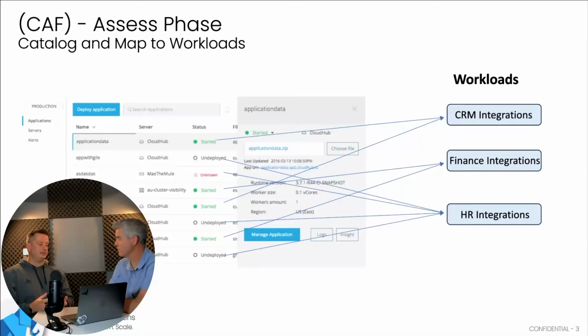The other issue with this, what we want to start thinking about at the assess phase, is access controls. In these monolithic platforms, and it's not uncommon for all of them, you put all your integrations in, and if you give somebody access to the environment, they get access to all the integrations. So I can have a certain set of team members that can touch the CRM, but there are others that, for regulatory reasons, I can't have seeing the HR integrations. In these monolithic apps, they get access to everything. Cost management is another one. Like, how much are the CRM integrations costing us? We want to be able to delineate on that.